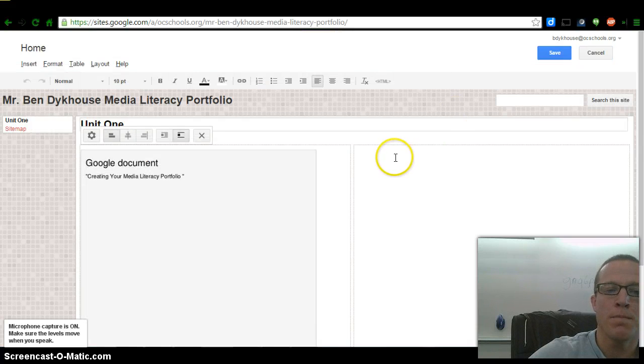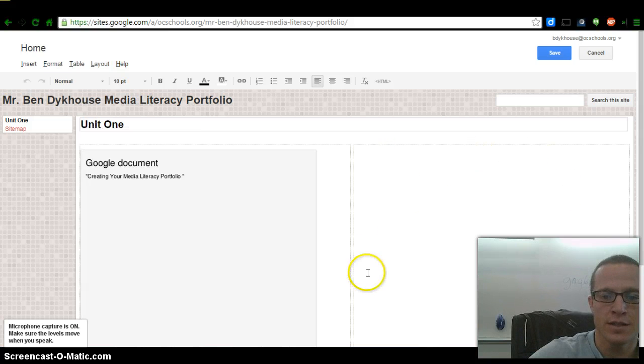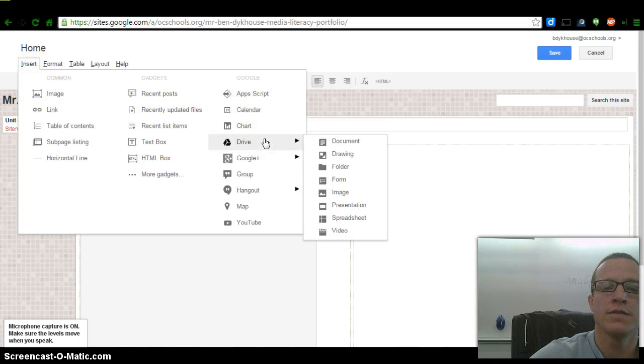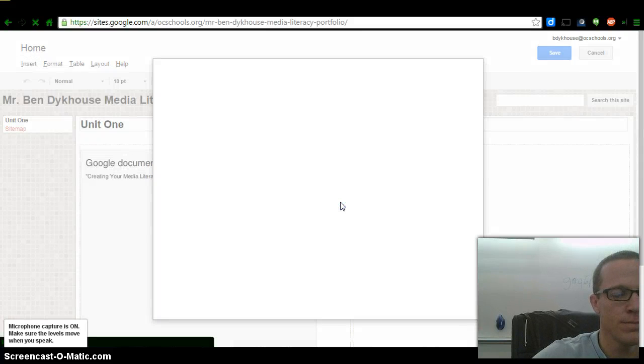And I'm going to put my cursor on the right-hand side. I'm going to add my next content right here. So these two things are side by side. This is the advantage of having a two-column view. I'm going to go to Insert, and I'm going to go over here to Drive. And this time, instead of choosing Document, what's the program you did your slideshow on? It's on Presentation. So click Presentation,